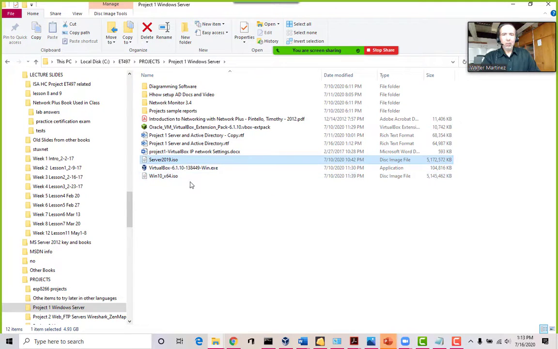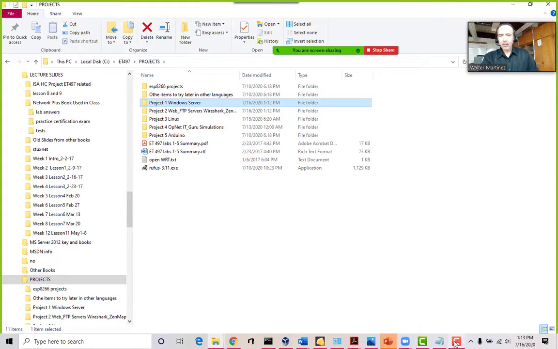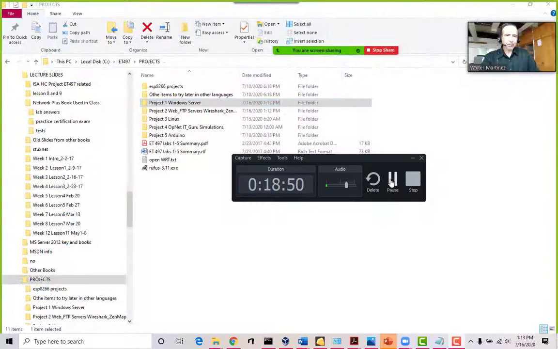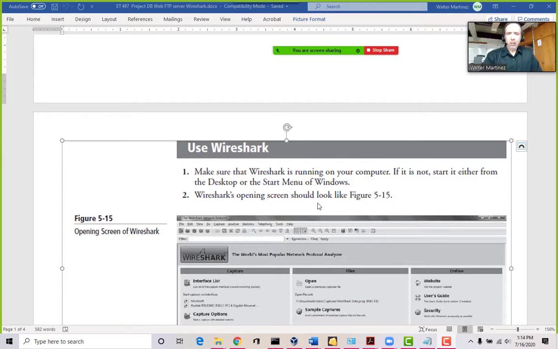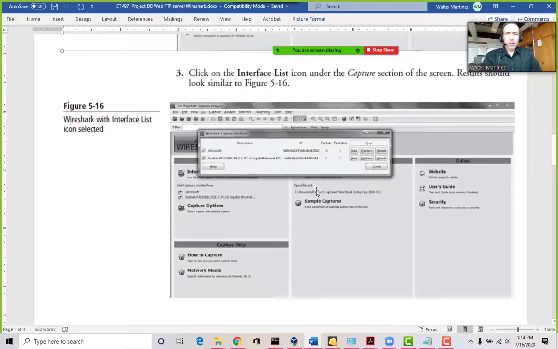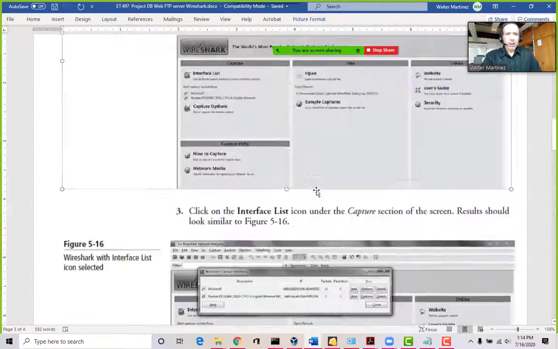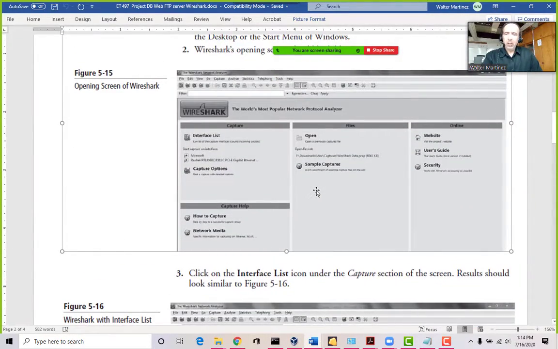The server 2019 image is also there, right? And all the instructions show you how to install these things. So it'll save you tons and tons of hours downloading all this software. Again, the instructions are there in really fine detail of everything that you need to do. But I highly recommend you follow the videos, because the videos will have a lot of tips on how to do things. I show you when I got stuck doing things, for example.